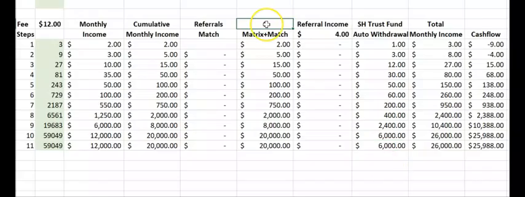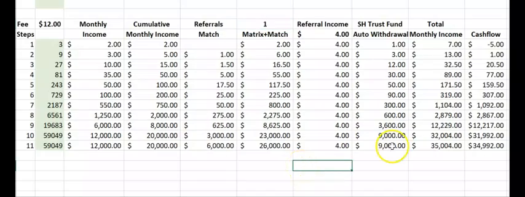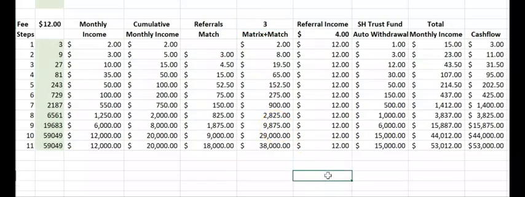A month. But as you refer people, it goes up a little bit. You're up to $9,000 there, and you'd be able to withdraw $10,000. It'd be $19,000. But you want to aim for 3, and that's where you want to be as a minimum, because that releases all your income, $20,000, $38,000 with your matrix match, $15,000 auto withdrawal, a total of